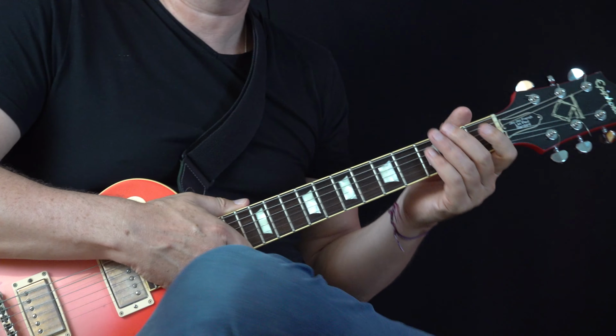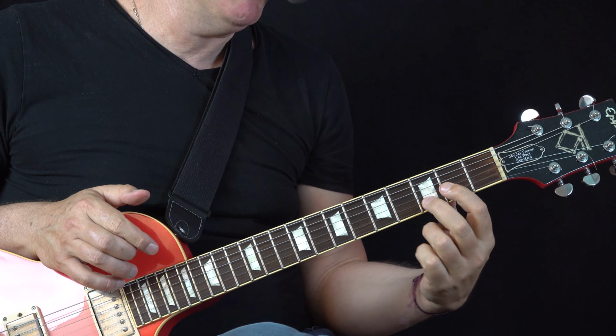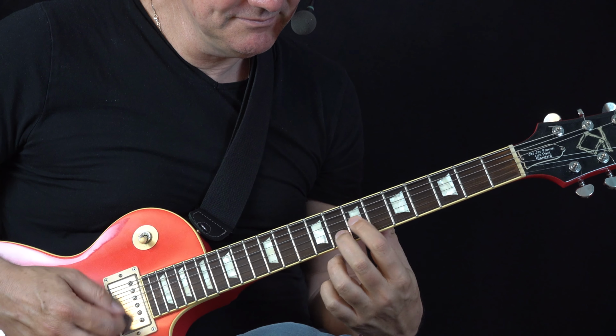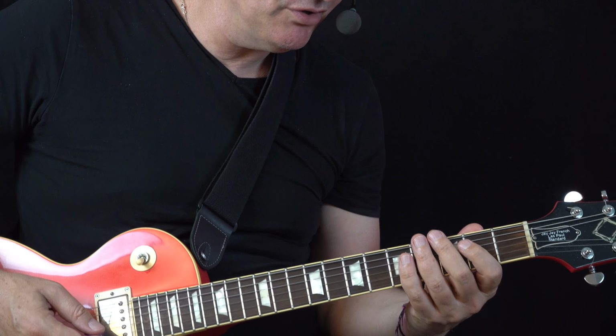Now it sounds way better. Now in these 8 bars of D we need more movement. We're always playing 1 chord, so you can use little power chord motifs. This one works really good. I'm gonna show you